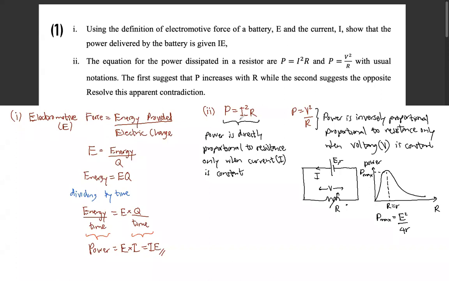If not, you can't directly say that when R is increasing, P is increasing. When R increases, P increases. We can't directly say that. You can say that if you find a way to maintain a current constant. You can maintain current constant. For that, what you have to do is